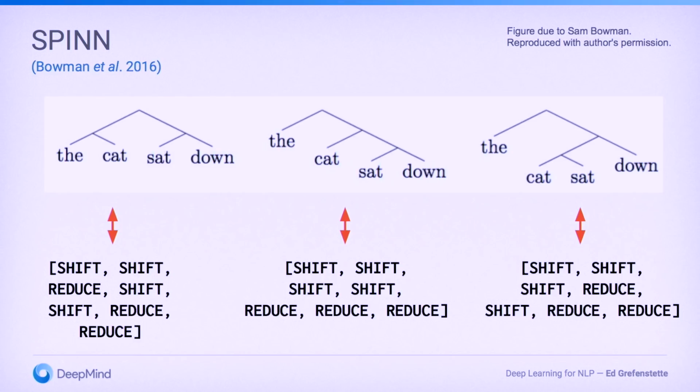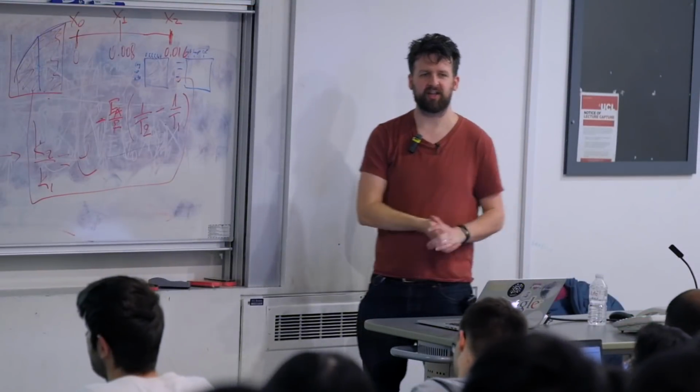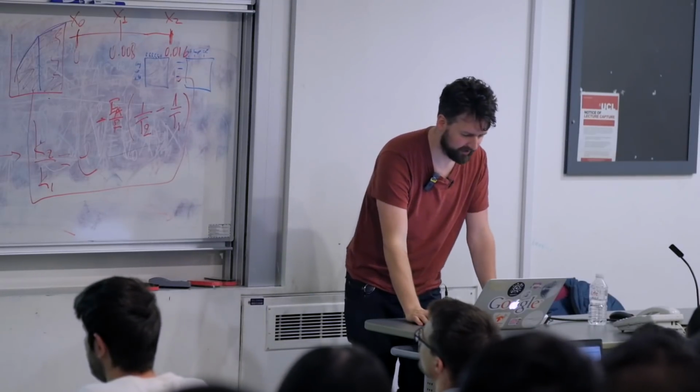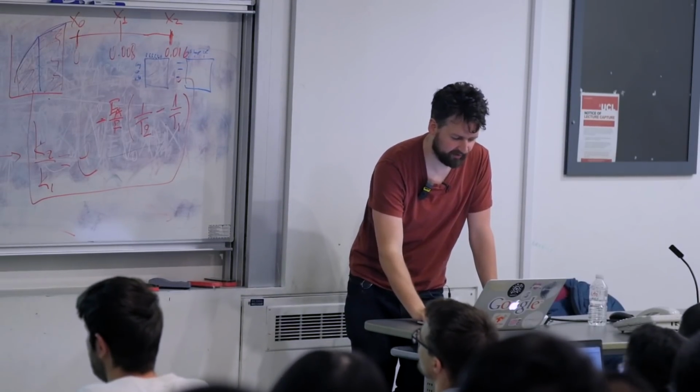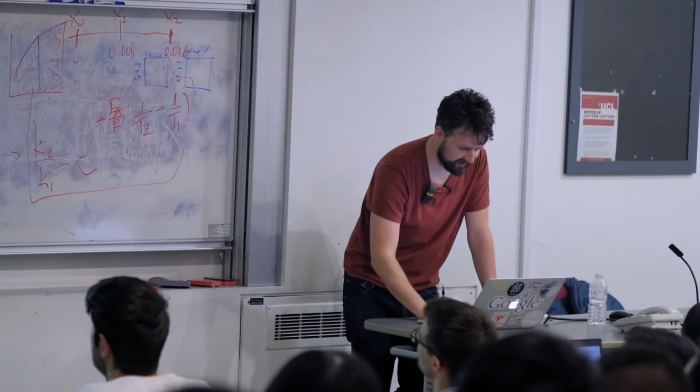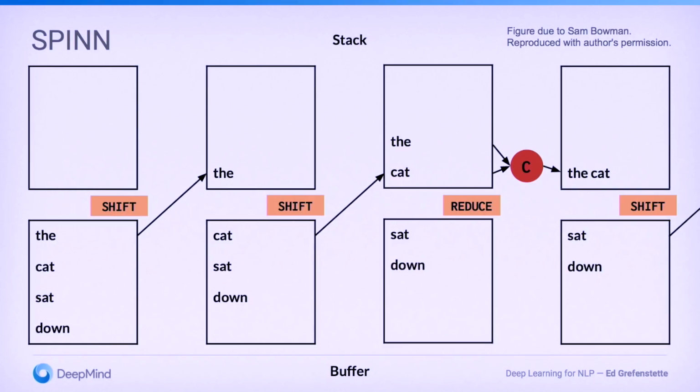So we have the cat sat down, and imagine that you know these shift-reduce operations because you knew the tree. Let's run through the actual running of the shift-reduce parser. You have a stack, which is your sort of working memory, and you have a buffer, which is all the words that you have left to process. So you're going to start by shifting the first word onto the stack,